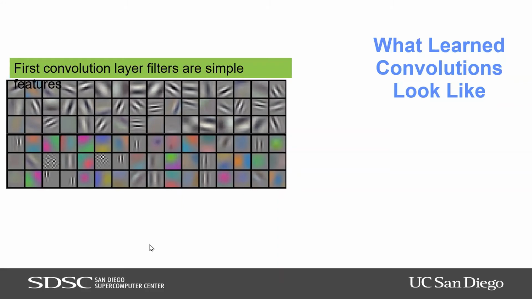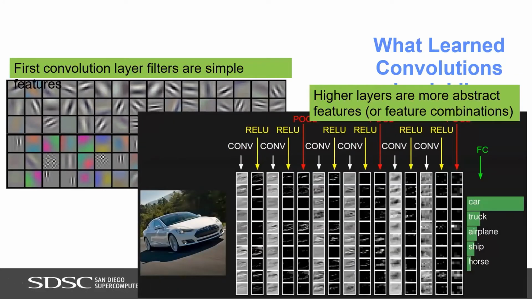Your lower convolution layers tend to be simple filters representing either edges, combinations of edges, or colors. And as you go up in the network, as you look at the convolution weights and the activations, you start getting more and more abstract representations that represent classes. So in a nutshell, that's the whole idea of what's going on with these convolution networks.